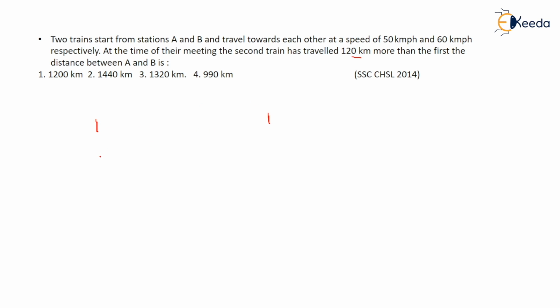So I would like to tell you a concept. If two people are coming from opposite directions, suppose here is a male character and here is a female character, right? If both are coming towards each other, then they will meet at a faster rate, right? So the speeds will be added. Speed will be added. If a villain chases your actress, the actress will run and the villain will follow her.